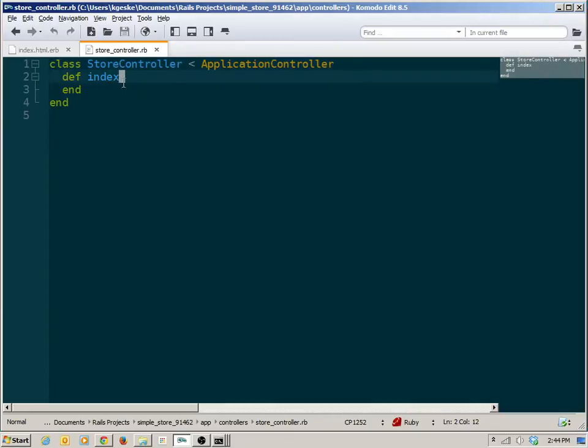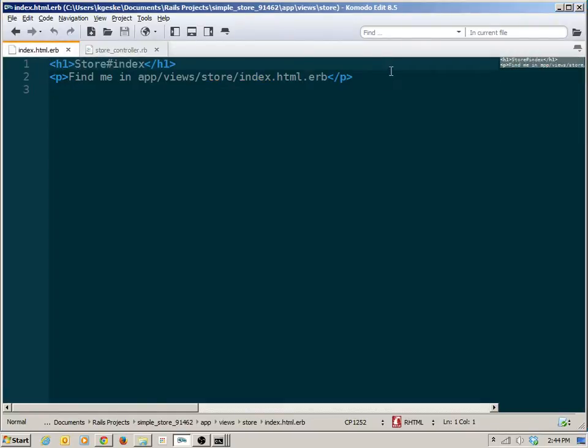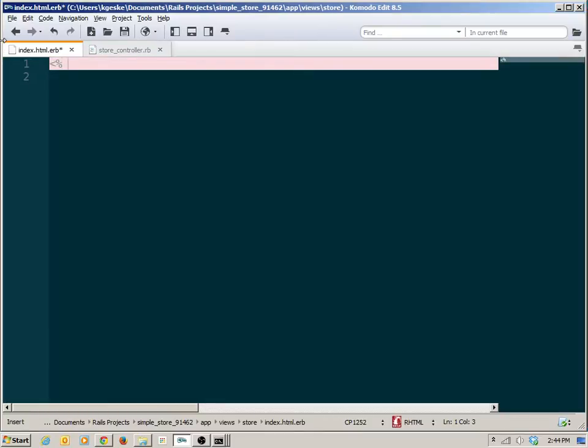So in the store controller's index action, I'm going to go and grab my categories, and I'll just grab them all. Maybe I want to order them. Maybe I want to order them by name. Okay, that'll give me all my categories ordered by name. And then in the index here, I'm going to say